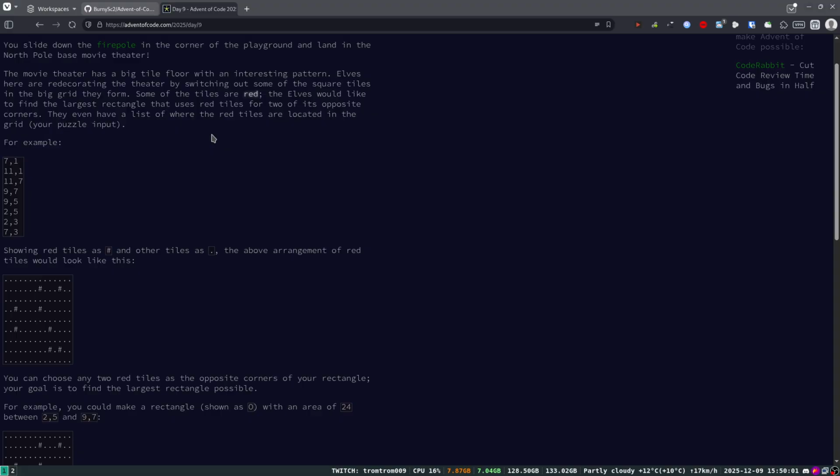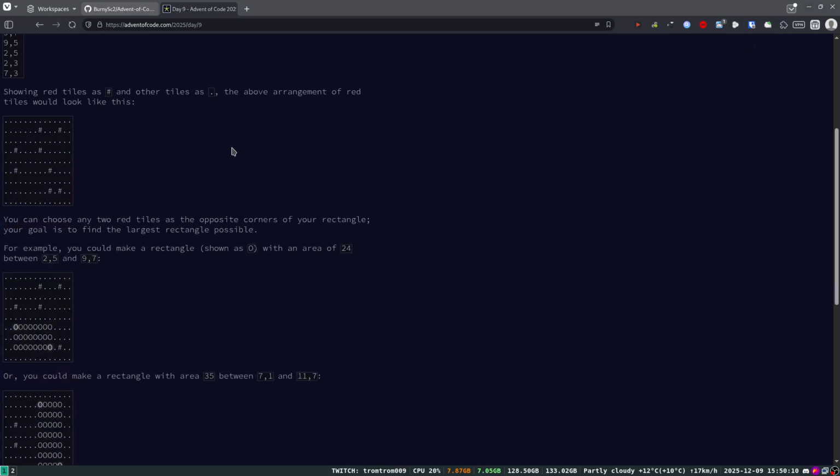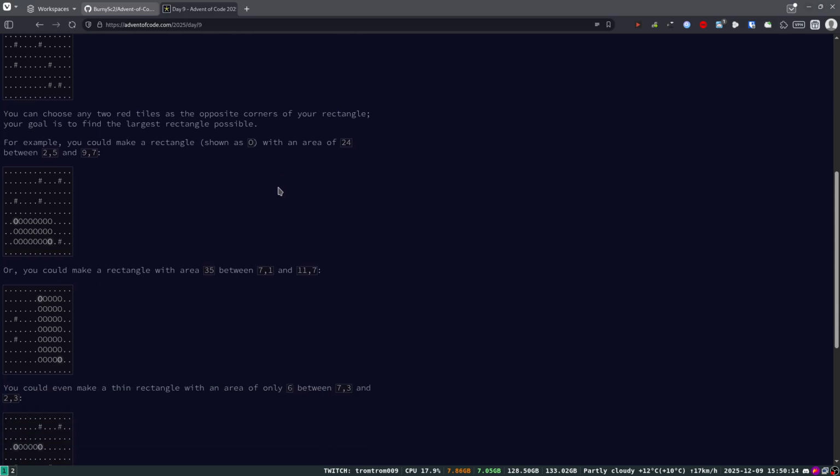Elves would like to find the largest rectangle that uses red tiles for two of its opposite corners. You can choose any two red tiles as the opposite corners of your rectangle. Your goal is to find the largest rectangle possible. For example, you could make a rectangle shown as O with an area of 24 between 2,5 and 9,7. So that's 9 minus 2,